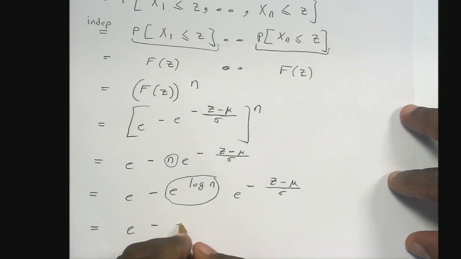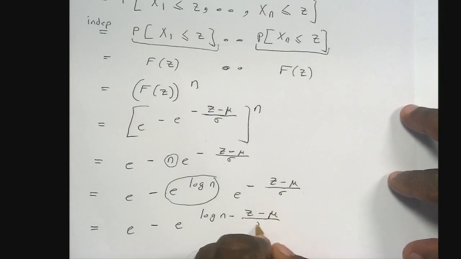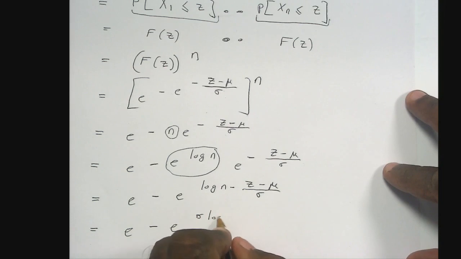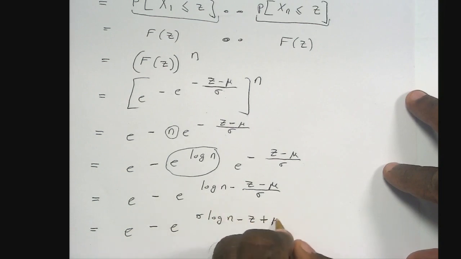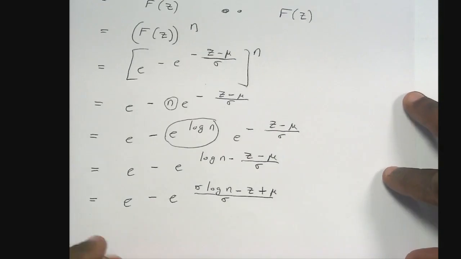You can write this as log of n minus z. Yes, and finally, not yet finally, you can write this as sigma log n minus z plus mu, divided by sigma. And finally, this is the final step, if you pull out a minus outside,